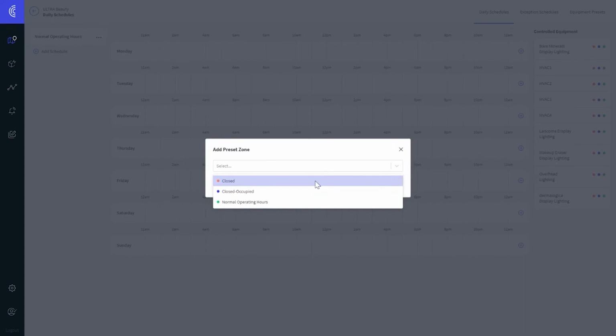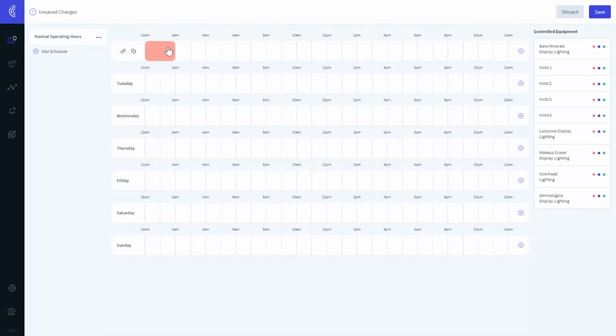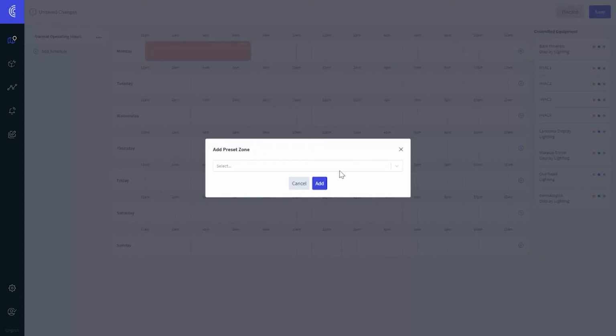Choose the preset. We'll start with closed as we're working left to right. The time will start at midnight. You can grab this and drag it to the appropriate time. For this example, our store opens at 8 a.m. Our opening crew will arrive at 7, so we will drag this to 7 o'clock to make sure that our close conditions are in place from midnight to 7 a.m. From 7 to 8,